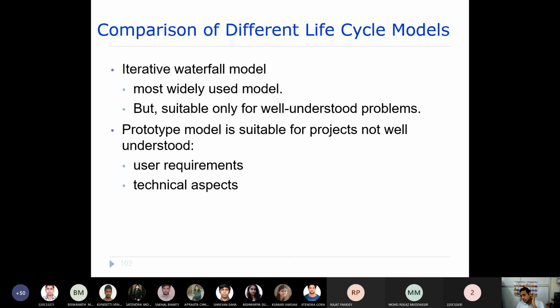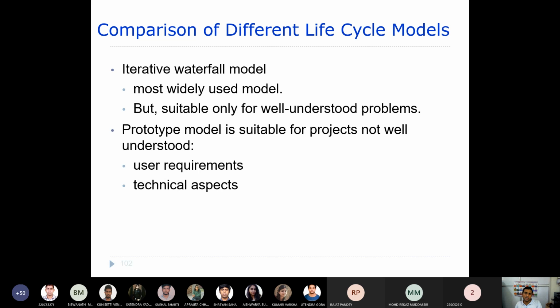Okay, now we try to compare quickly and then we will end this lecture, right? In case of the iterative waterfall model, the assumption is that the requirements or the problem should be well understood. Only then can you apply it, but it is widely used because you go through different iterations, you are able to detect defects and then you correct them.